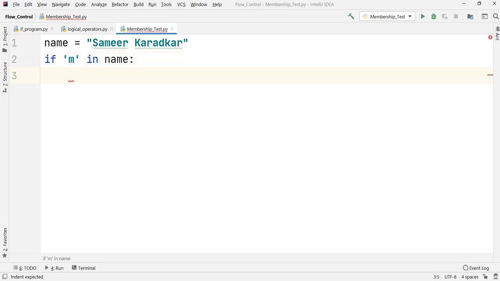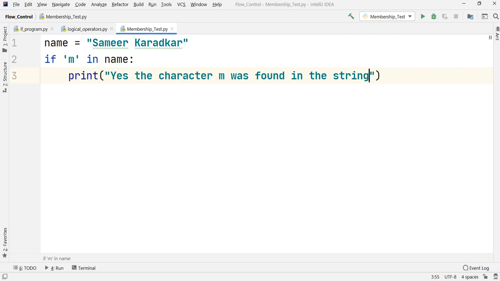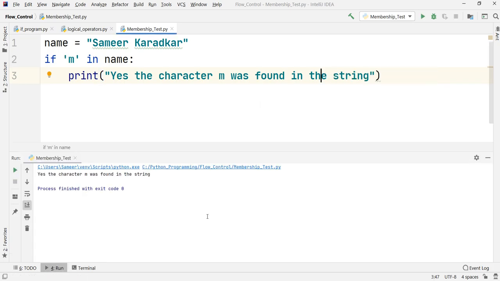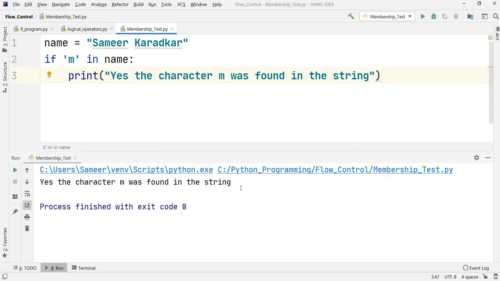If it is there, then I would like to print, yes, the character M was found in the string. I think you are understanding what we have written. Let us first run it and then we will understand it more. If I run this code, you can observe in the output pane that it says yes, the character M was found in the string.